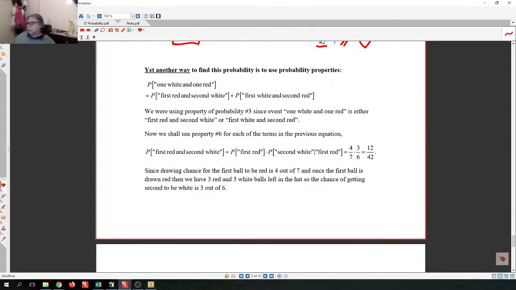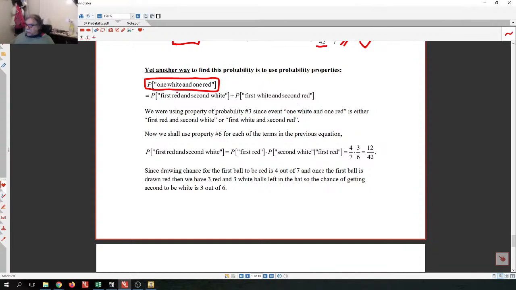Okay, you can also answer this by using properties of probability. So now this is without counting. We just use property of probability. First of all, what does that mean? 1 white and 1 red. That means that you are either going to have first red and second white, or you're going to have first white and second red. These are mutually exclusive events, and by the property number 3 of probability,